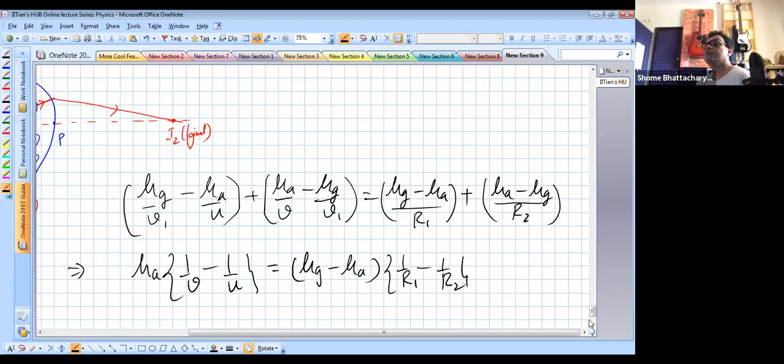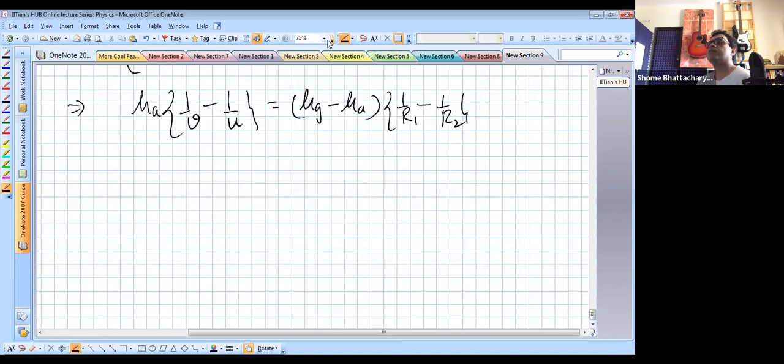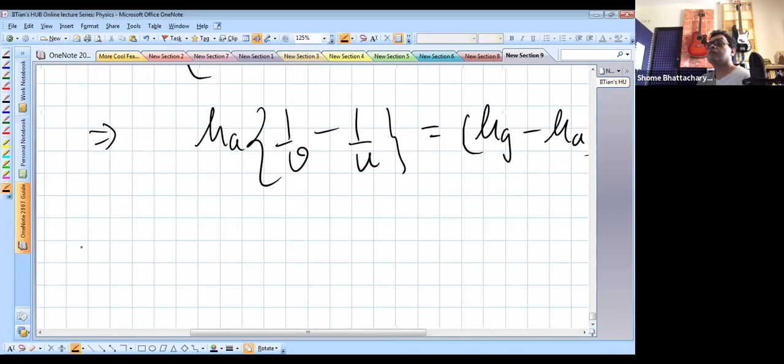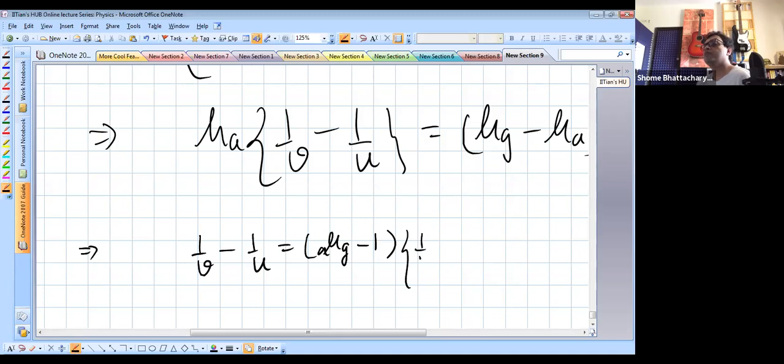So I've got the relation between V and U, and that relation is now becoming this. That relationship is 1 by V minus 1 by U is equal to, if you just divide on this side, refractive index of glass with respect to air minus 1. Anyway, mu a is 1, but if you had some other medium, like some liquid, like water, this would have become refractive index of glass divided by water minus 1. Okay, so this is glass with respect to that medium, into 1 by R1 minus 1 by R2,